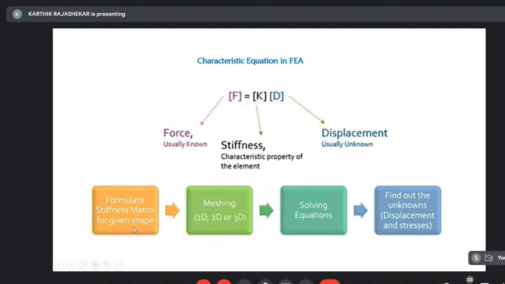So what is the first step? As I said, formulate the stiffness matrix. So this would be taken entirely by the software. Formulate the stiffness matrix for the given model. Solving would be done by the software. Then find out the unknown displacements and stresses. So these are the basic step-by-step procedure which, in the background of ANSYS, would take place in order to